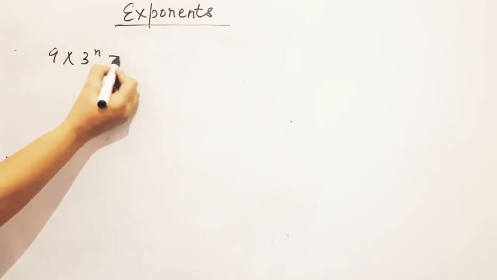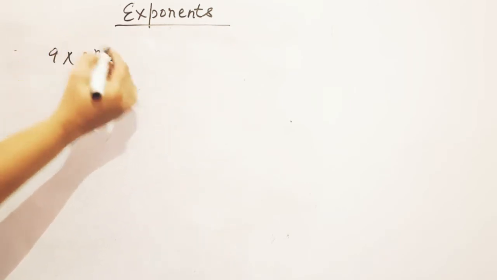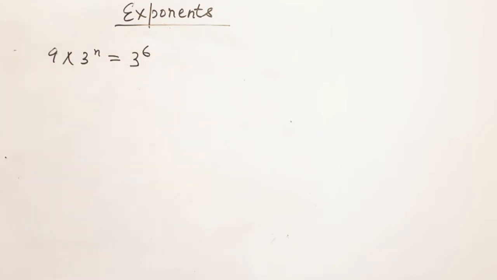So students, I was explaining you the topic exponents and we have already finished the chapter. Only two exercises are left, that is C13 and D14. One is of filling the blanks and one is of true and false. So in filling the blanks, the first option is 9 multiplied by 3 to the power of n is equals to 3 to the power of 6. So we have to find out the value of n, right students?